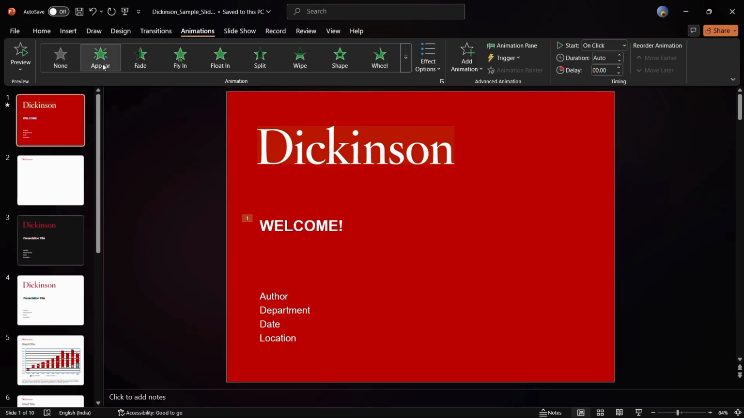So once you click onto this appear option, you have also this setting under the timings that says start. So make sure that it is set to on click, and once you have selected on click, the setting has been configured, and then you can view it in your presentation. So